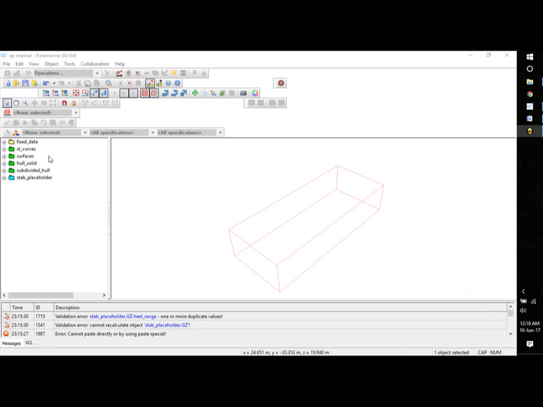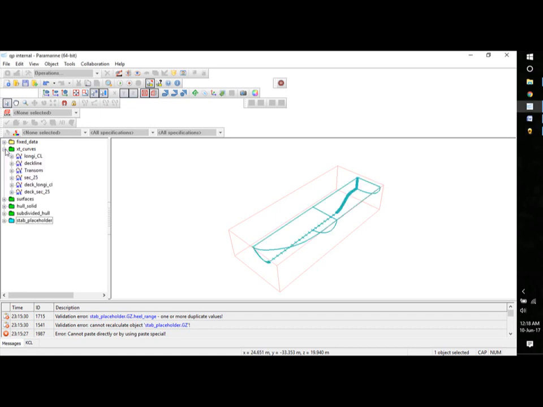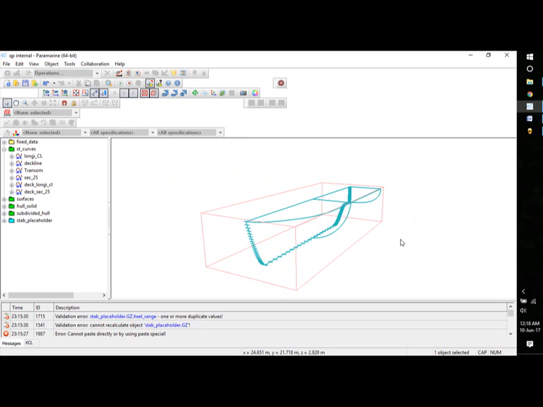So I was thinking about leaving a video on how to model the ship's hull using the XT curve method and how to calculate its GZ curve. So in this presentation, I'll be telling you how to model the ship using XT curves,